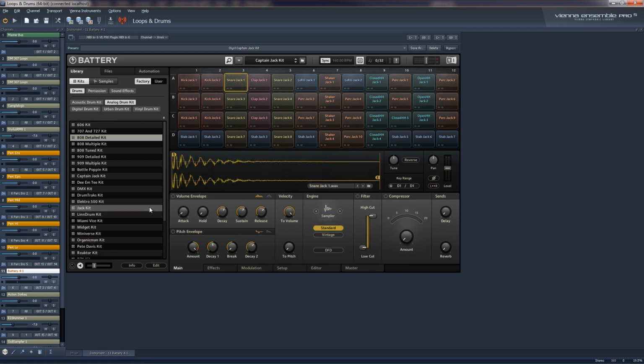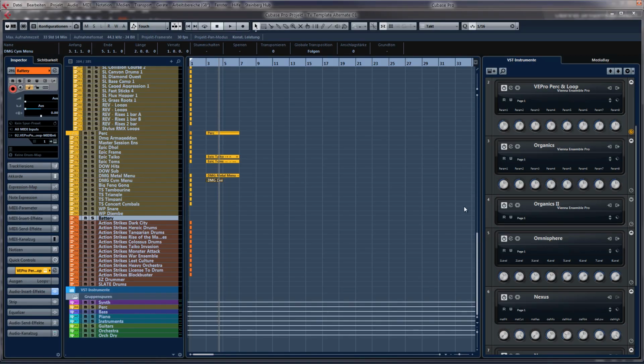Sometimes I have instruments just loaded for the sake of having them already available. It's not that I use them in every cue that I do, but when I want to use it, I don't want to load up Battery and wait for load times and stuff like that. I just want to go to the channel and have it already set up. So yeah,